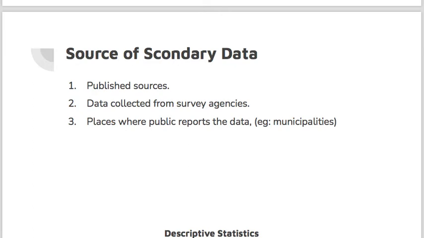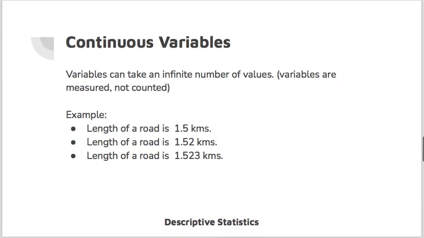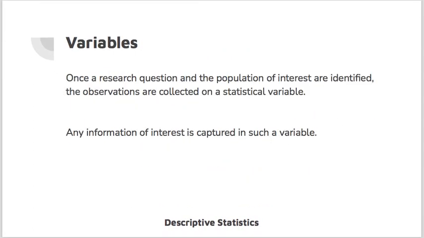So today we covered what a variable is, what we mean by data, the different types of data, and the different sources of data. I am just summarizing what we have seen today. A variable is demanded by the research question, which is demanded by the objective, which is demanded by the research problem that you have mentioned. For the research question, the population of interest is identified to collect information through observation. Technically, an observation is what we call a statistical variable.